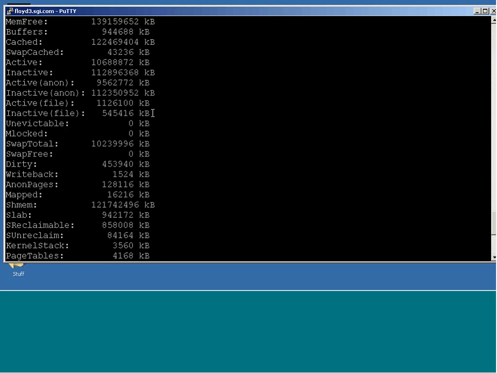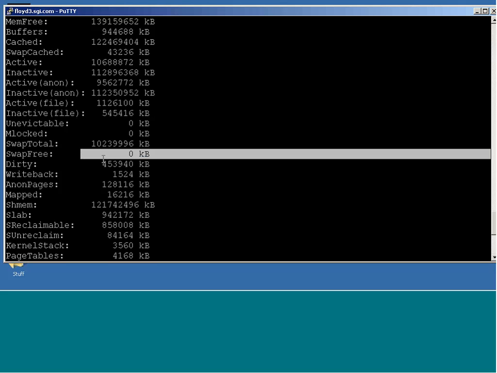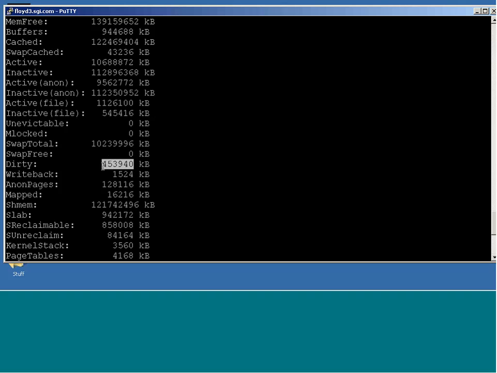But inactive data, most of my memory, 112 gig, is inactive and not being used, and it's all anon. I don't care about unevictable. Swap total, again, its swap is full. Dirty. Now, again, I'm only looking at 1 second here, but dirty doesn't look too bad. Half a gig of dirty data. Again, we were seeing writes going off to the root device